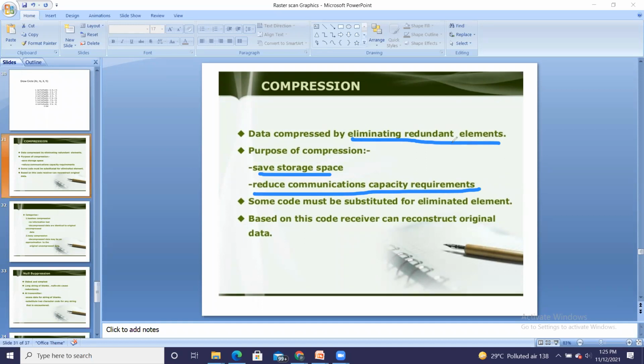But in that elimination, shall we change the meaning of the program? Suppose in your program there are 5 printf statements.